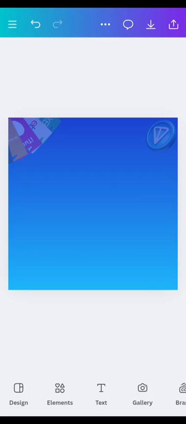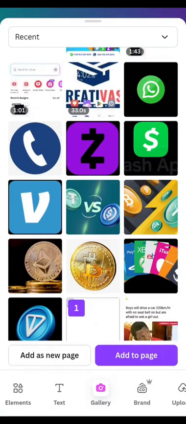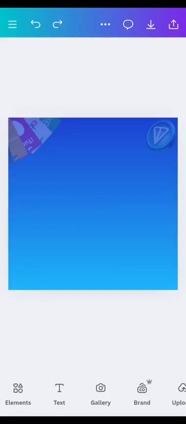Next thing, are we done with the background yet? Okay, I think we are done with the background. So next thing is to start adding other elements. So the first we'll be adding here is our stock photo, which is a man. So add this to our page, click to add to page, and